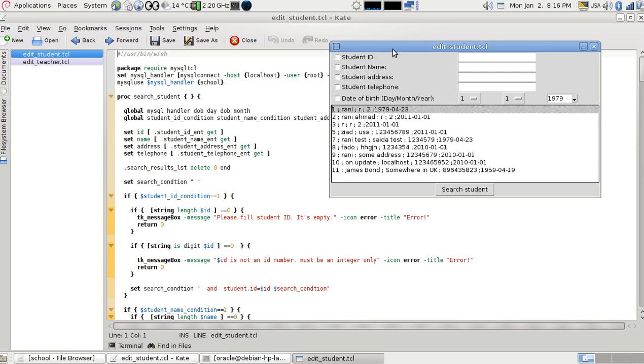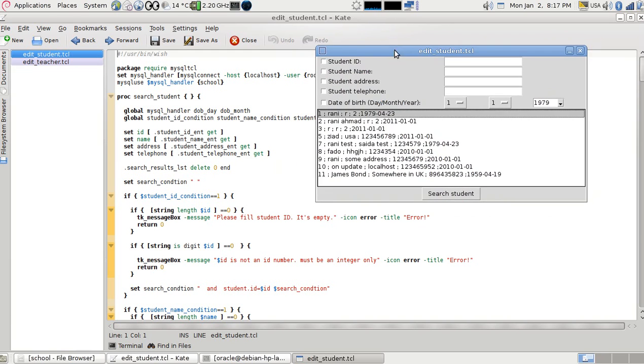Today we're going to continue our talk about this project, and today we'll be moving to how to add a student or a teacher to the database, to our school records, and this now, as you see, is our student or teacher